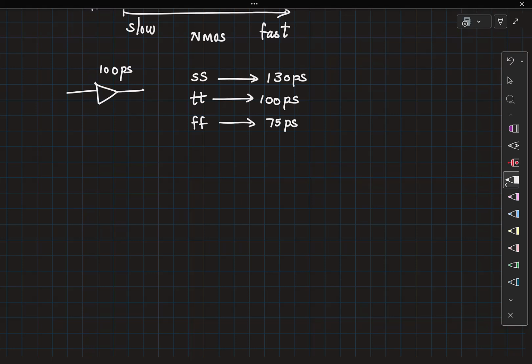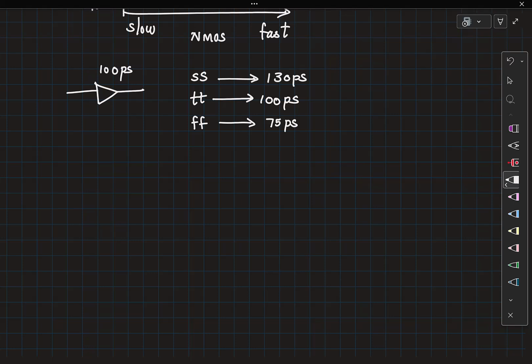One of the common use cases for TDC, among a lot of other things, is in physics experiments. So this 75 picoseconds to 130 picoseconds is so much uncertainty. With so much uncertainty, if somebody were to build an experimental setup, they wouldn't know if the particle took 130 picoseconds or 75 picoseconds to travel from point A to point B. So they have all of this measurement data which they cannot make sense of.